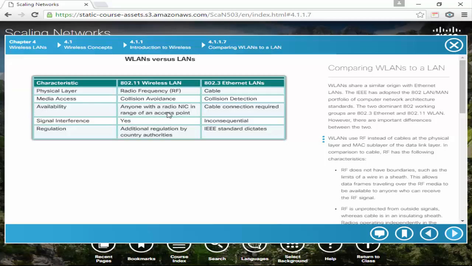Availability. Anyone within range of the radio NIC to an access point can get on. Otherwise, on Ethernet, you need a cable connection. Signal interference. Yep, in wireless there definitely is. Lots of stuff interferes with it. Ethernet, apparently it's